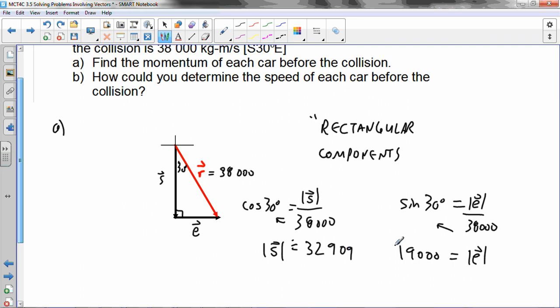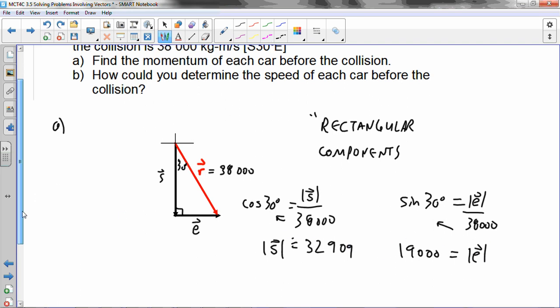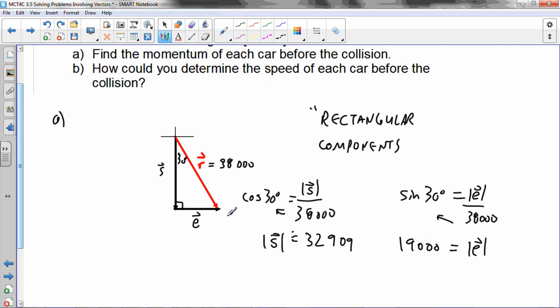And so the two components of the momentum vector are this kilogram meters per second south, and this kilogram meters per second east, right? So those are the two components. Perhaps I should have a sentence, but let's keep going. How could you determine the speed of each car before the collision? Well,